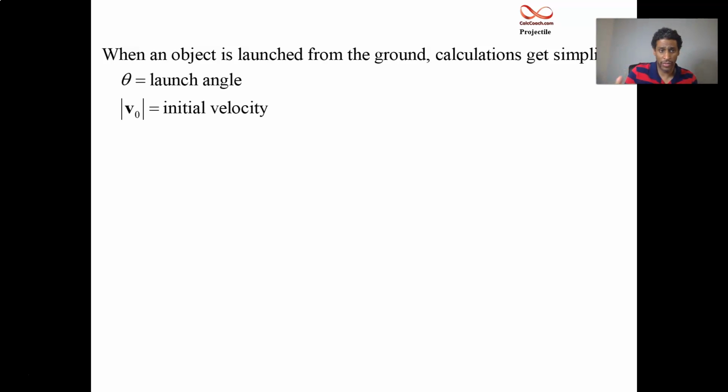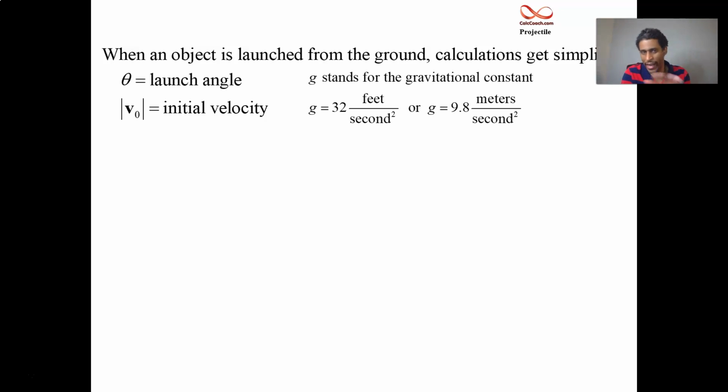So, when the object is launched from the ground, we get nice simplified calculations. Let's say we still know the launch angle theta. We still know the initial velocity, and now we know that h is equal to 0 in our formulas. When it comes to the gravitational constant, it is 32 feet per second squared if you're in feet, or 9.8 meters per second squared if you're in the metric system. Okay, nice easy formulas. I won't go through the business of showing you why these formulas are what they are,